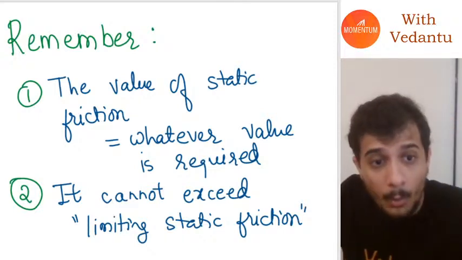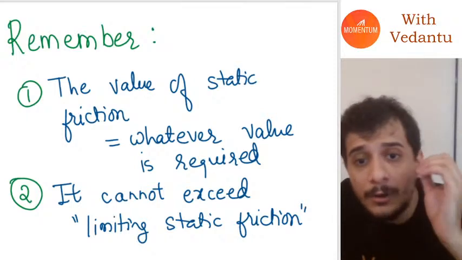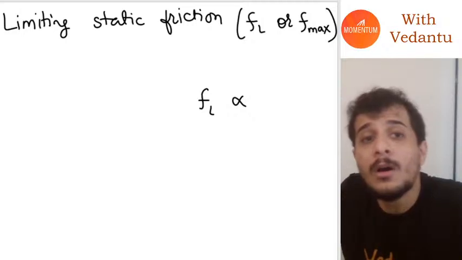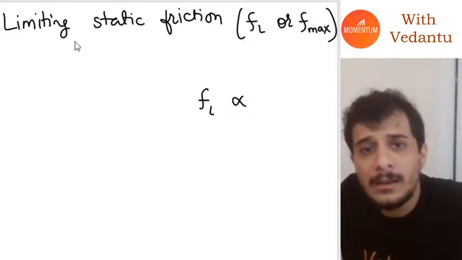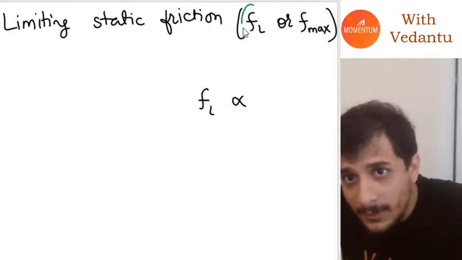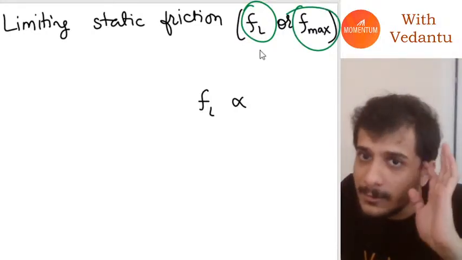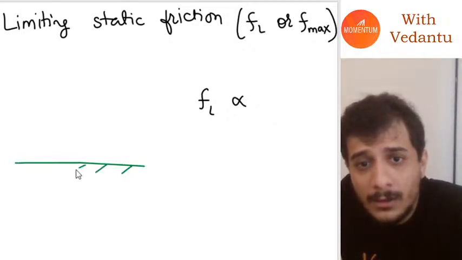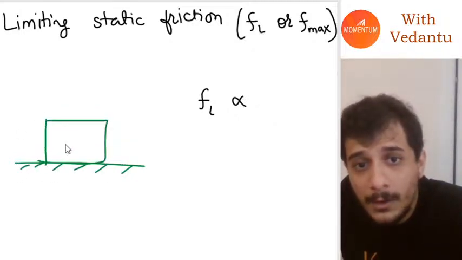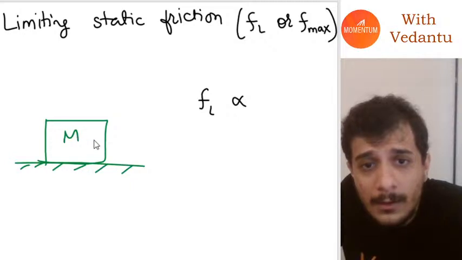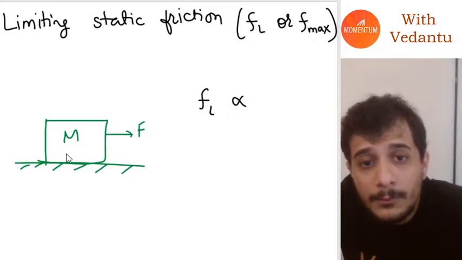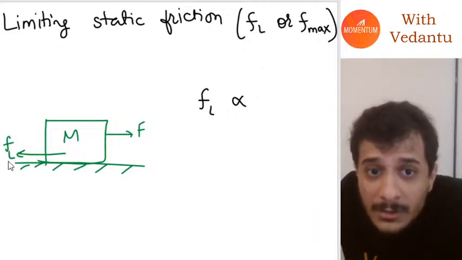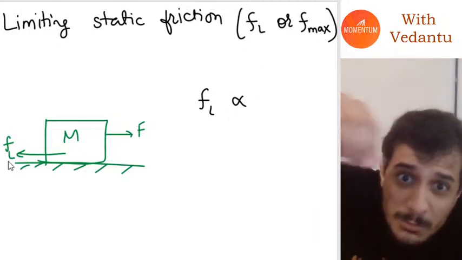Now based on that, let's first calculate limiting static friction. It's denoted by FL or F max. To calculate that, guys, we did a lot of experiments. And you know what we realized? If I'm applying a force here and there's a force of friction here, the limiting static friction, the point at which the block just starts moving,